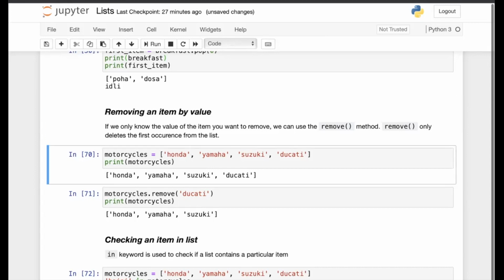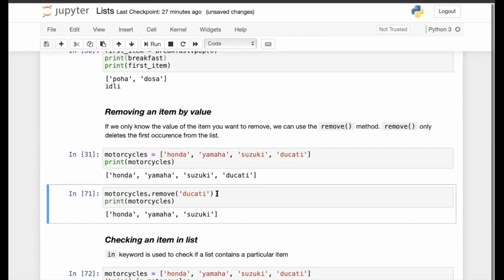So again, coming to the motorcycles example. Here I am defining this list of 4 motorcycle brands: Honda, Yamaha, Suzuki, and Ducati. Then I try to remove Ducati. I do not know where the Ducati is, so I just use the remove method, motorcycles.remove.